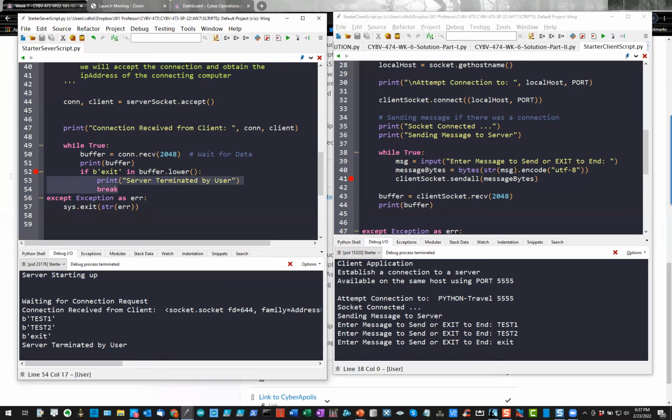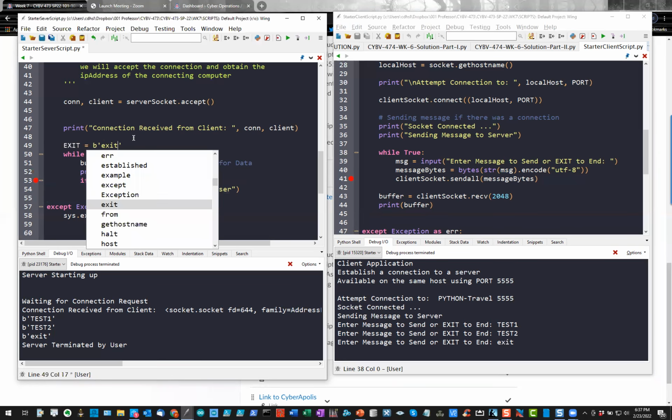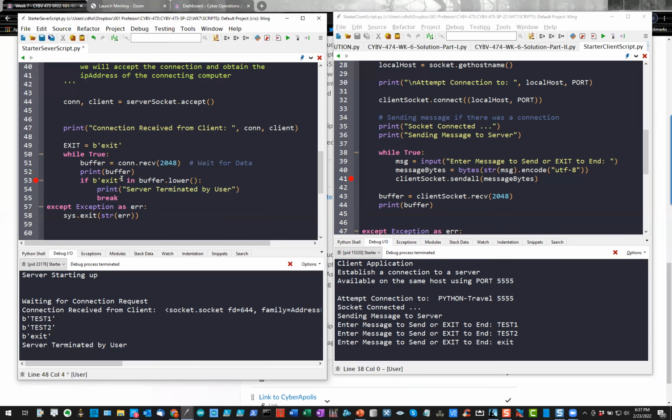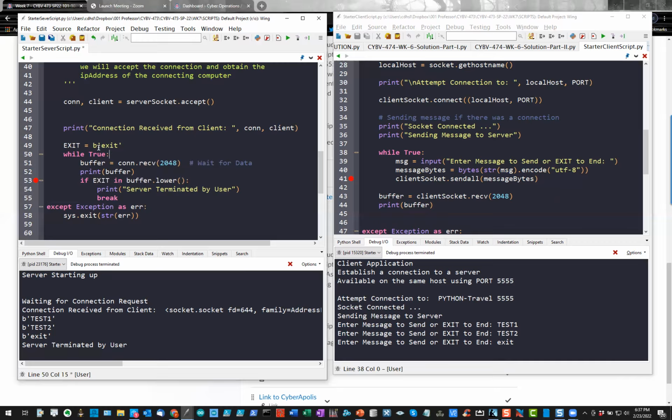Thank you. You're welcome. It's always good to take a look at things like that within the script and say, well, how did you do that? And to your point, Allison, I could have said exit equals b'exit', and then I could have said if exit is in buffer. So all I'm doing is creating a variable with what I'm looking for, and then saying if exit, which is the variable that contains the byte codes for exit,